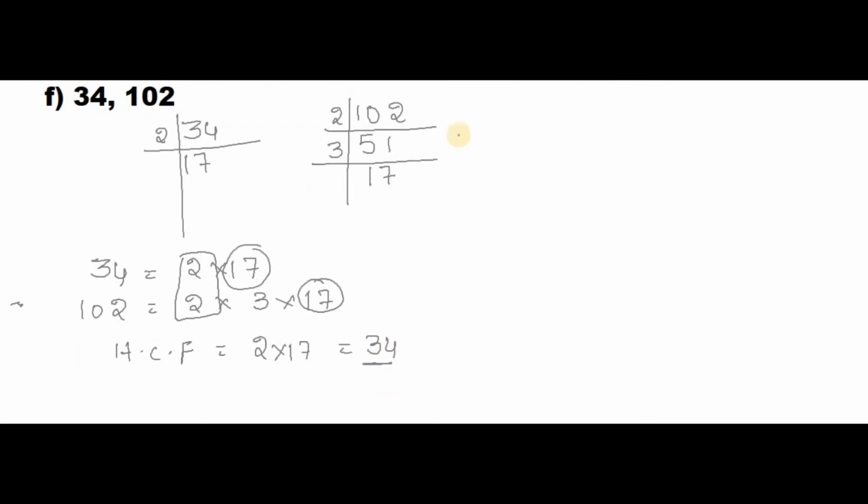Okay students, now we have a routine check. 34 ones are 34 of course, and 34 threes are 102: 3 4s are 12, 3 3s are 9, and carry 1, so 102. So 34 is the correct answer we got here. Now see students, from here onwards we have 3 digits. Now we are going to find the factors for all the 3-digit numbers. Till now we solved only for 2 digits, and from now on we are solving for 3 digits.